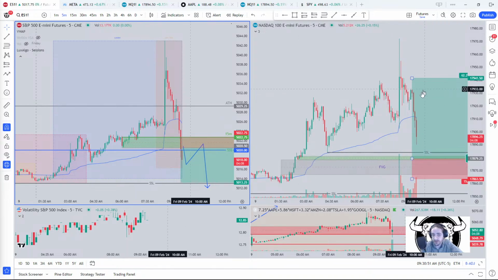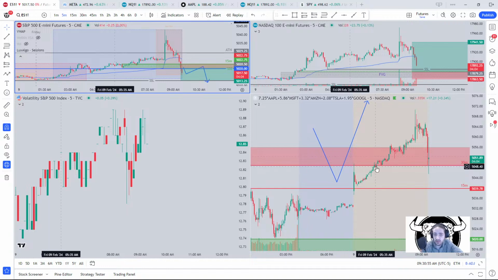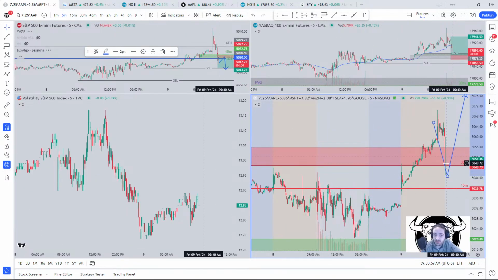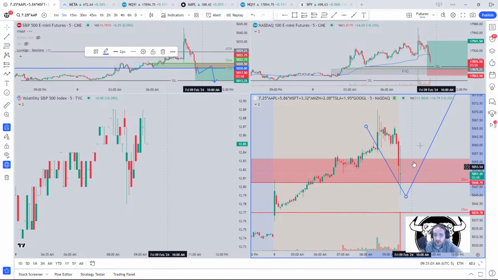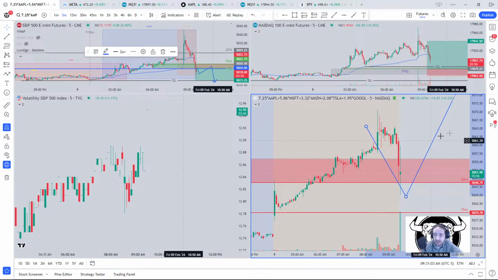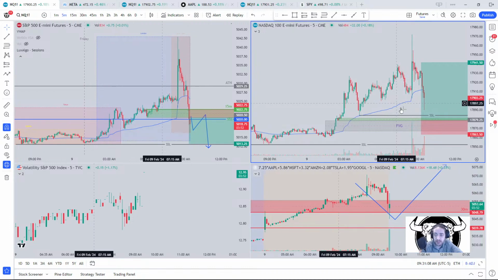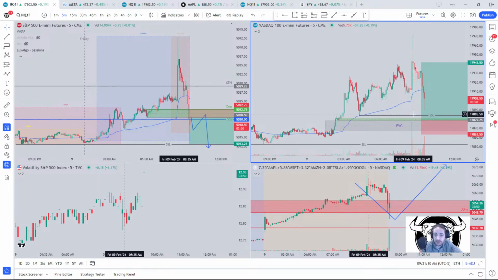I am waiting for some NQ long positions to load up over here. We have our weighted indice. Look, remember that? I said it was going to open like over here. It's going to come down to this 30-minute, grab that liquidity and hold. So I'm really looking for some long positions on the NASDAQ right now. I want us to sweep this sell side right here.